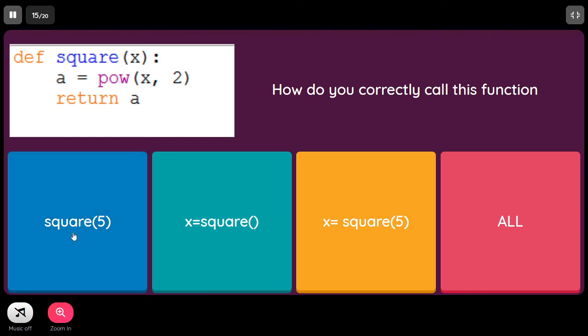Here we are calling the function, but since the function is returning a value, we are not catching it, so this is not correct. In the second one, we are catching it, but we are not passing the argument. In the third one, you can see we are catching the result and calling the function with a value. So the legal one is C.